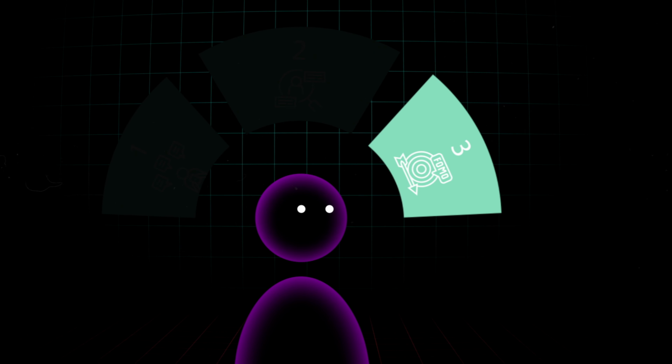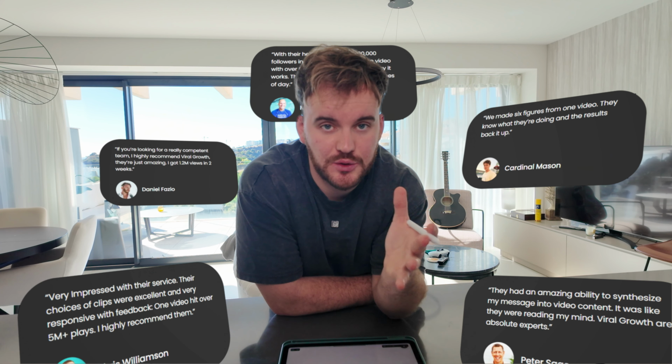Over the past 4.5 years, I've been working with hundreds of high-level entrepreneurs and creators to actually build their audiences on social media and ultimately monetize them, because that is what we care about the most, actually making money. Time and again, every time I speak with a new client, they're making the same 3 mistakes over and over and over again. And so I eventually built a 3-point system that counteracts all those mistakes and makes sure that every single piece of the puzzle is in place for you to monetize effectively.